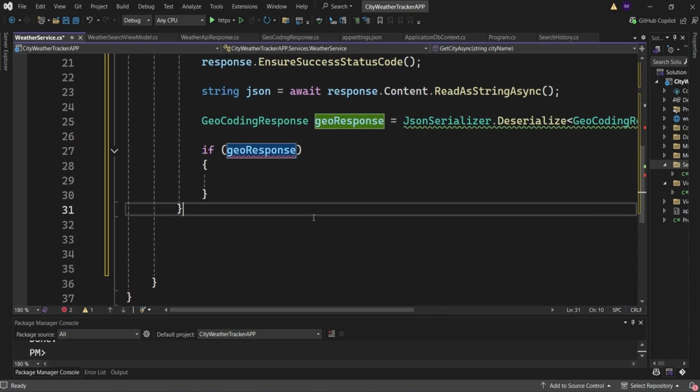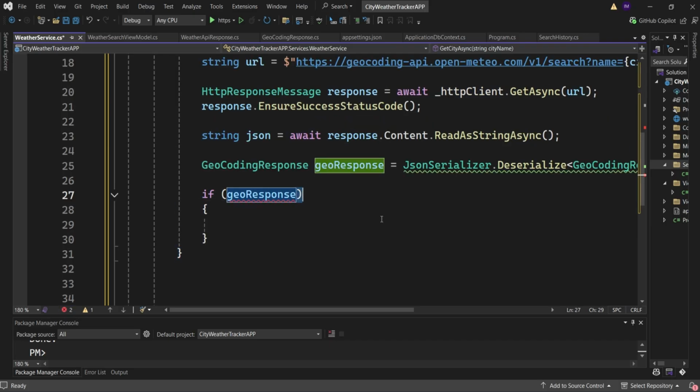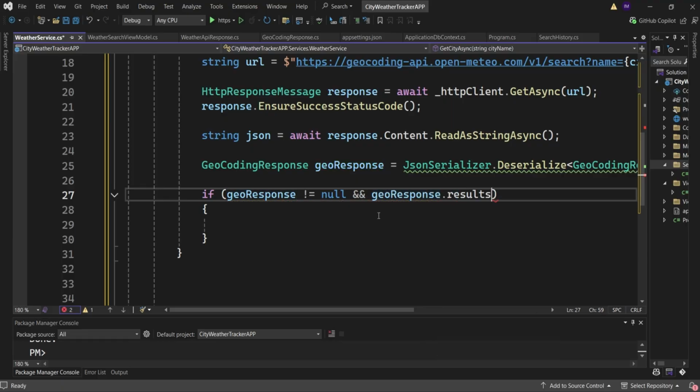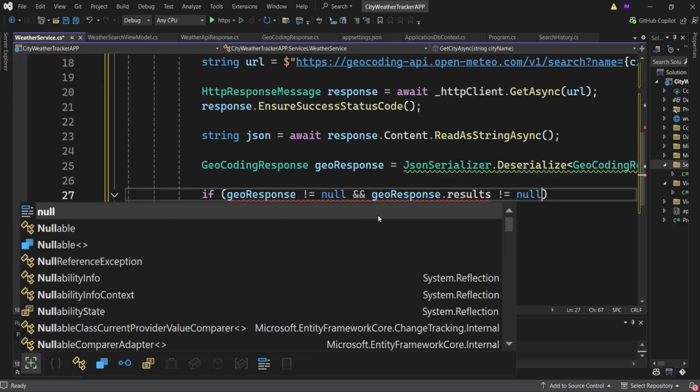Geo response, okay, that's fine. If geo response is not null and geo response dot results is not null,